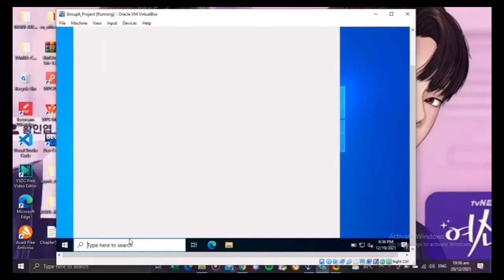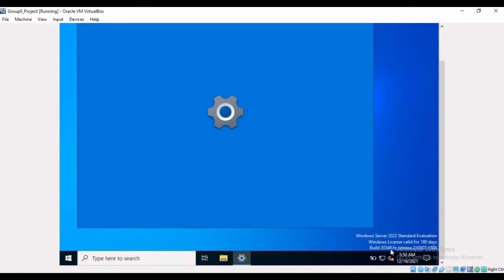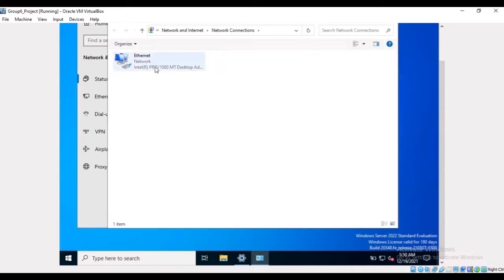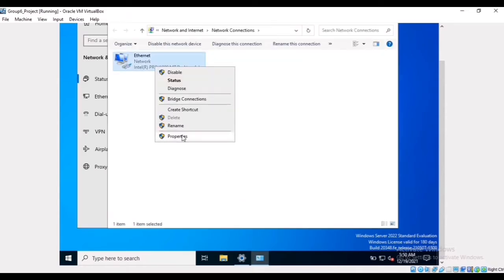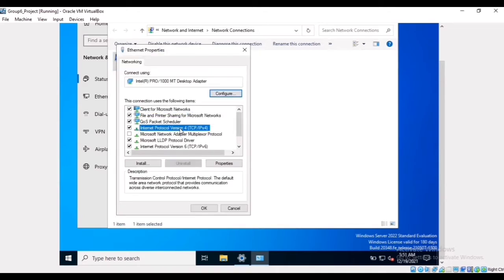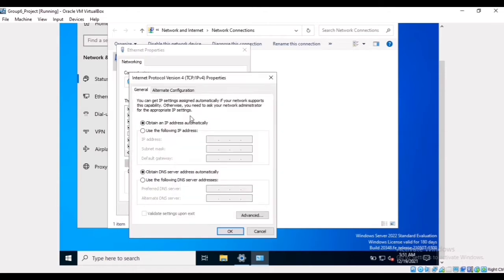After installing the Windows Server, in the desktop of your Windows Server, go to the Network and Internet settings and click Change Adapter options. Then right click the Ethernet, select Properties, select Internet Protocol, select Properties, select the use the following IP address and supply the IP address that you want. In this example, we use 192.168.8.1 and its subnet mask